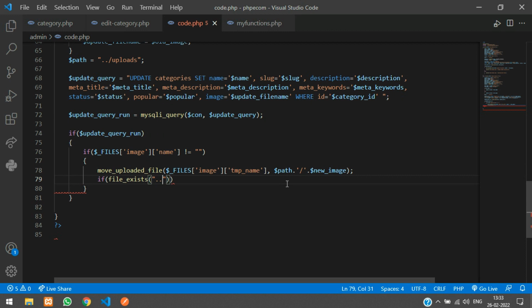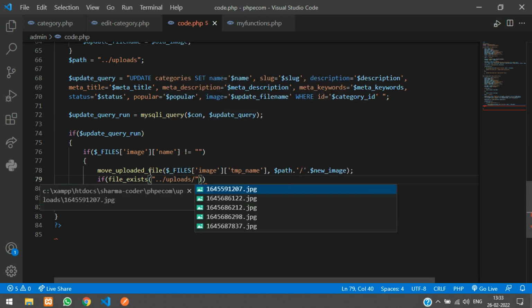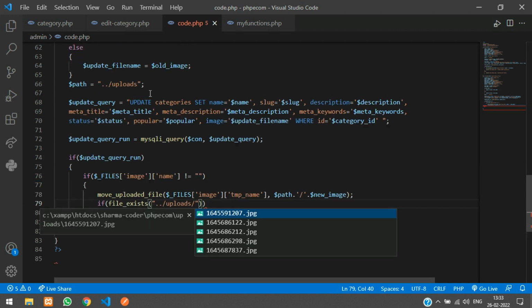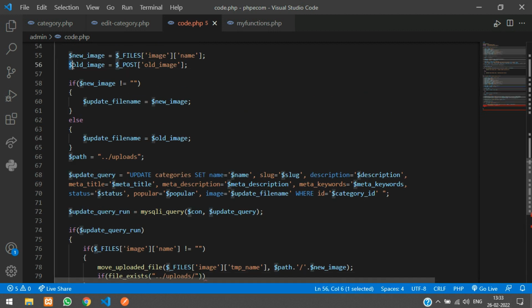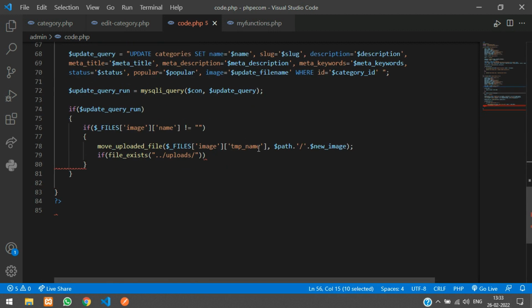Just go one step back, and inside my uploads folder, here you have to give the old image name, copy, and over here just concatenate it, old image. If this file is existing, then we are going to delete it. Okay, so call the unlink function and give your path over here,